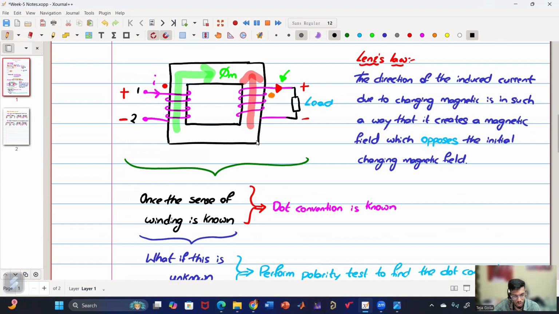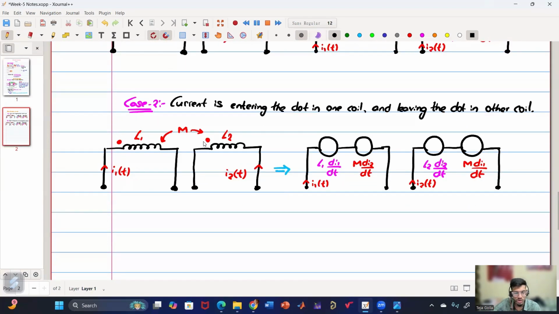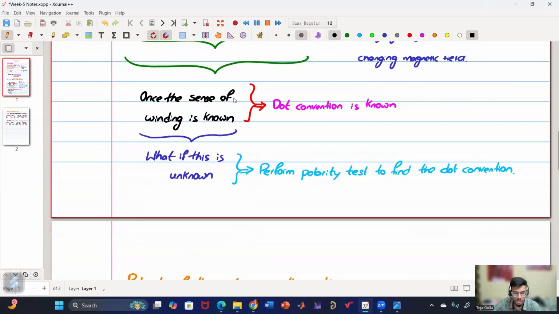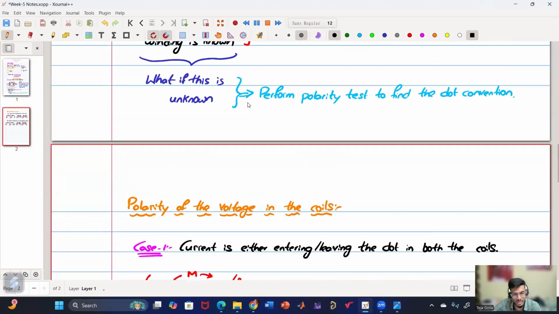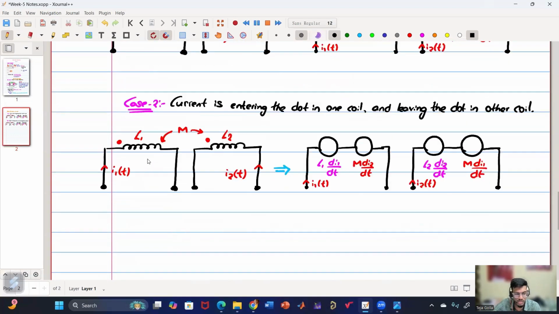Instead of all this, we don't have this diagram now; we have simplified the diagram and just put the dot convention. Based on the dot convention, we are learning the convention of the polarity, and then we'll directly follow this rather than having this diagram, which will be very difficult. So we are basically converting this into this with the dot convention, which makes our life simpler. And now with the dot convention, we are seeing what the polarity will be,